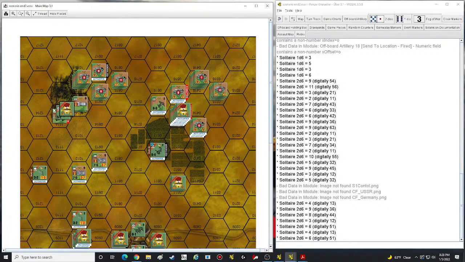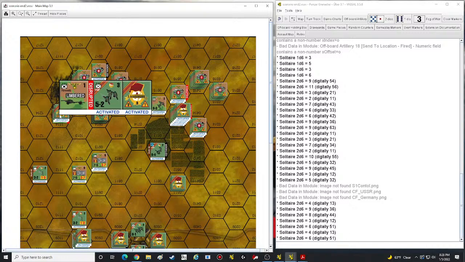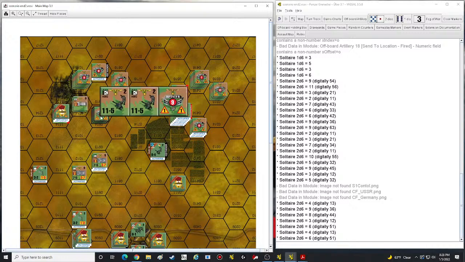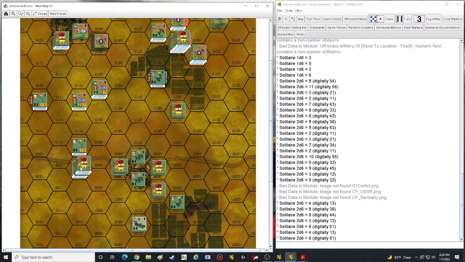Oh, you know what we also didn't do was mark these guys activated. Good Lord, Jester, what are you doing? They're going to go 1. Now they can see him. Does anybody want to... I don't think anybody has the range to get him, actually. Everybody with range is already shot. Well, that's not true. We got some off-board artillery yet, but...